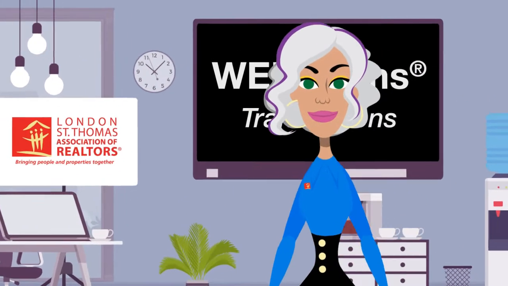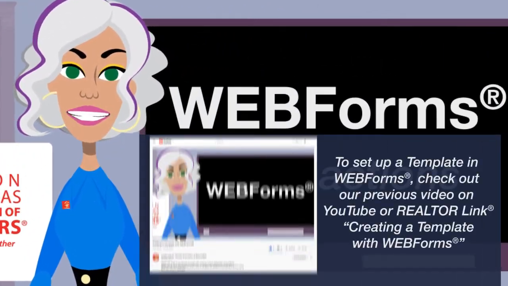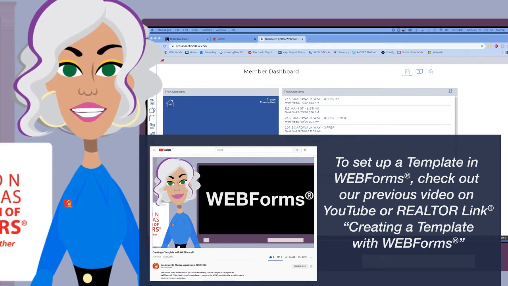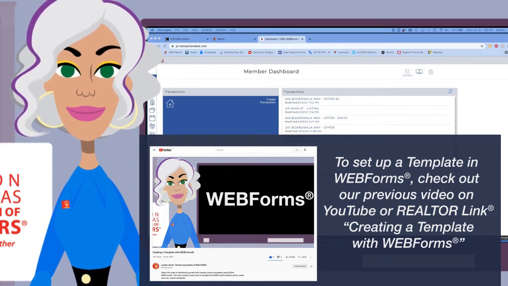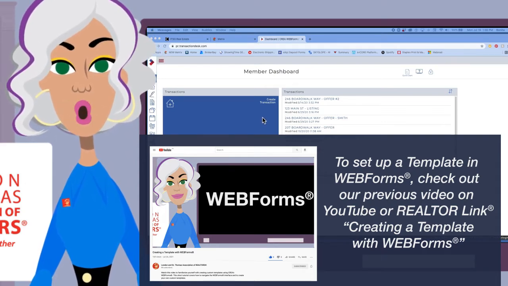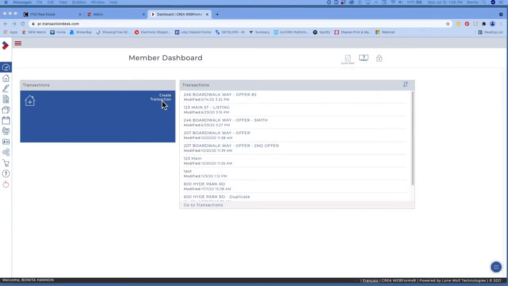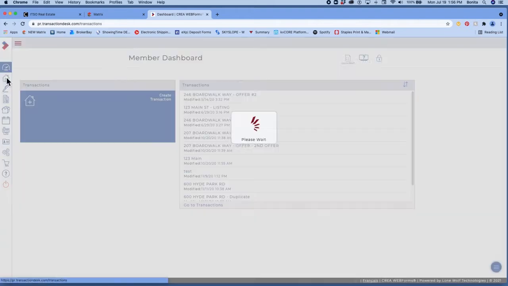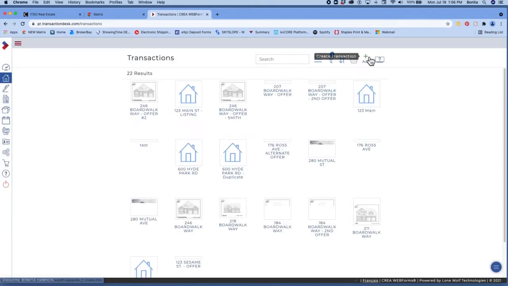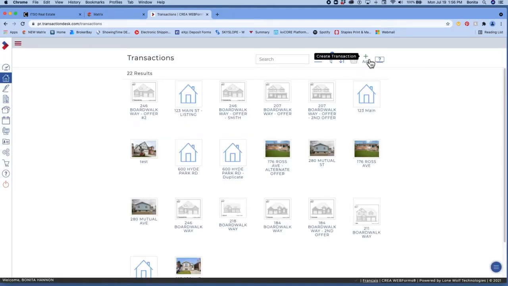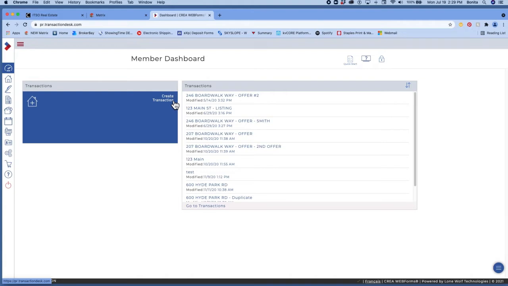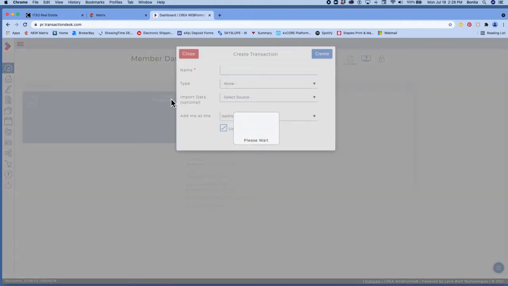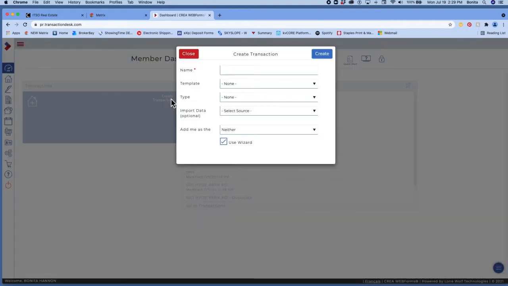Today we're going to create a transaction using the template that we have already created. In order to start a transaction, you can do it two different ways. You can use the widget on your dashboard, or you can go into the transactions and click on the plus at the top in order to create a new transaction. Just use whichever method is easier for you. Just click on Create Transaction, and either way that you choose to do this, you're going to end up at